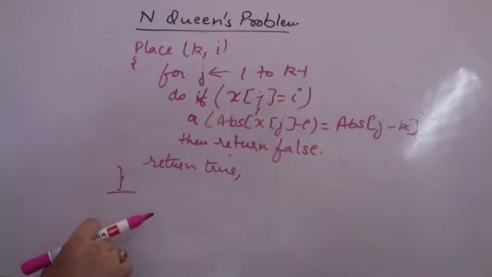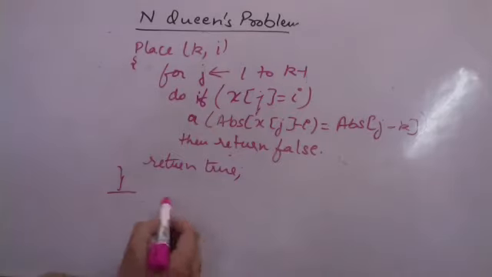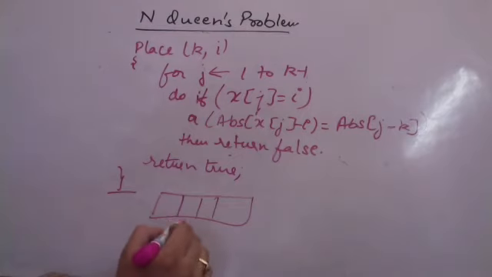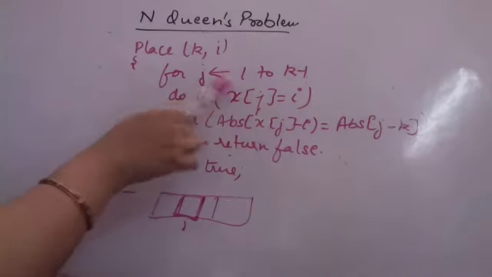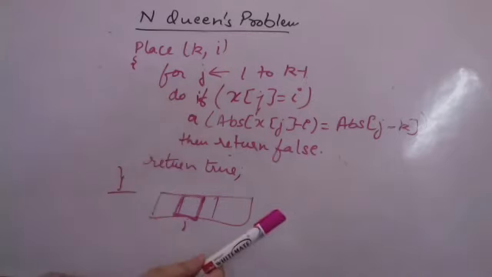Ma'am, what do you mean by this a do below the do if? X of j is technically giving you the position whether a queen is filled over there or not. It will give you the value of whatever earlier x of j is going to fill you कि यहाँ पे j में कौन सी position पे you have filled it already. You are trying to see different positions ना?